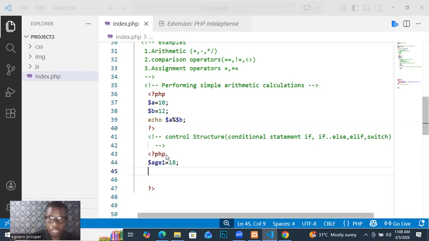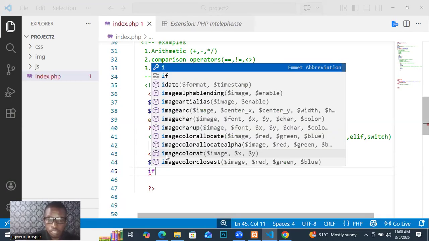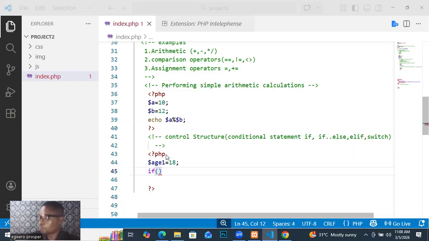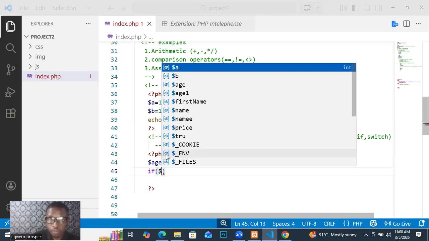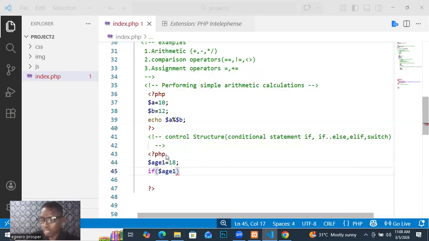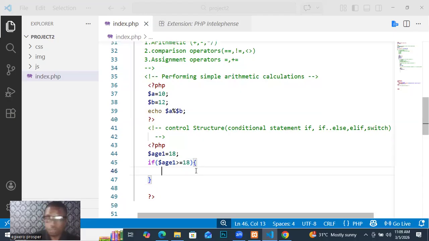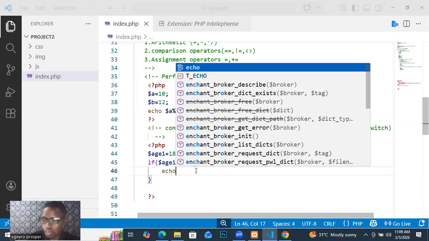So I will say if is a function, so you open parenthesis. If the value in variable age1 is greater than or equal to 18, what should happen? Remember from JavaScript. PHP echo a string,